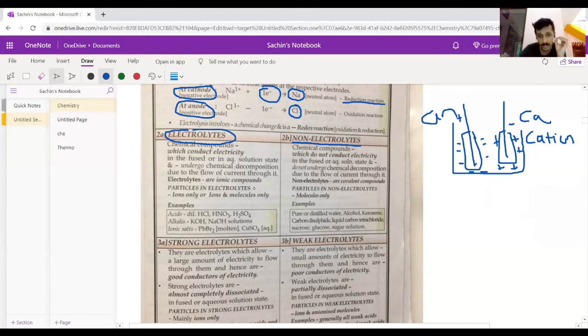Generally, I'm stressing the word generally, electrolytes are ionic in nature, like NaCl, KCl, PbBr2, etc. And non-electrolytes are covalent in nature, for example, CH4, or even H2, O2, N2. I explained what ionic and covalent compounds are in the previous videos. I'll put the description in the site. You can go there, and if you have seen it, you can revise it also.